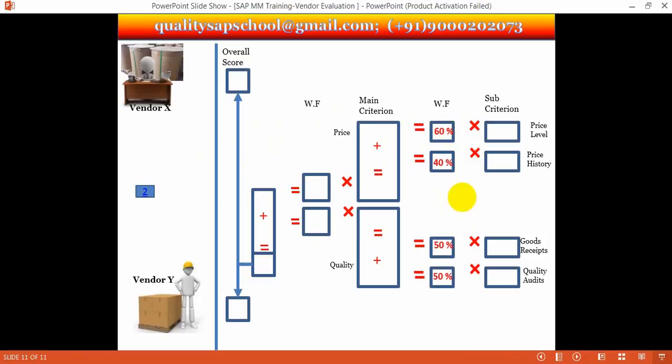Now I have taken 60% weightage for price level, because price is the most important thing in purchasing. That's why I have given the weightage for this one as 60, and for history, we look at the past background, with a little less weight than the other one, so I have given 40. But anyway,